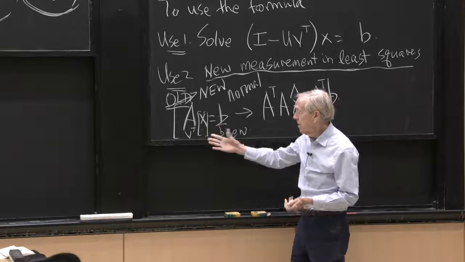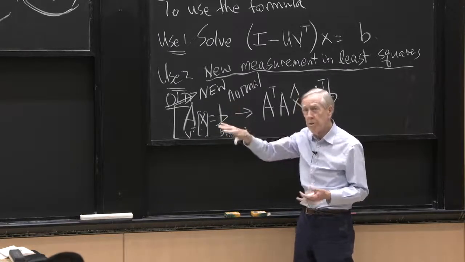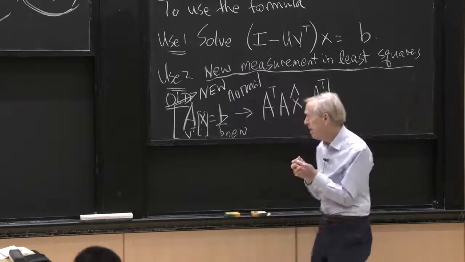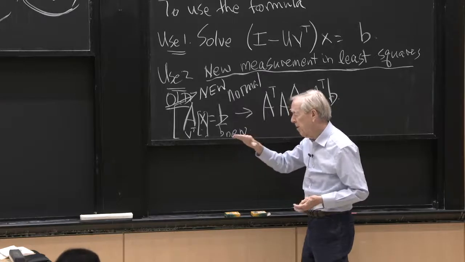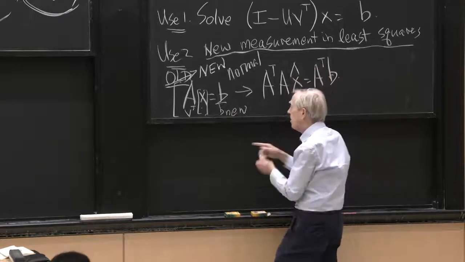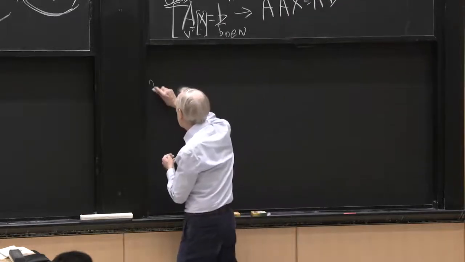This makes it even more likely. There's another point, hoping the straight line will go through, but if we give it one more point, there's even less chance of a straight line going exactly through. But still, this is my new matrix. So what's my new normal equation? The new normal